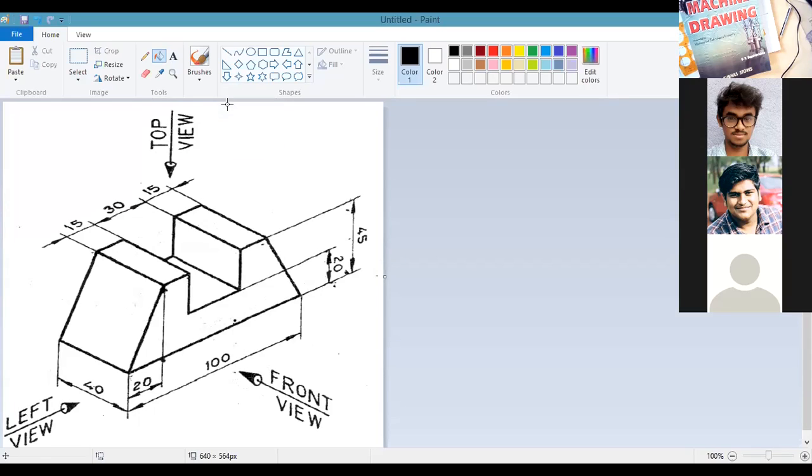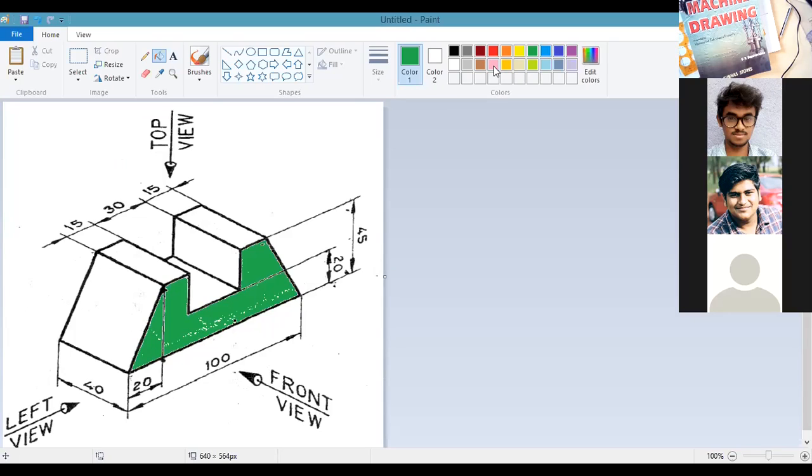Okay, so for orthographic projection, when the viewing direction is given from the front, you tell me, or I'll just pick a green color and fill this color wherever the front view is obtained. See, are you able to identify this is the plane that is seen when the object is seen from the front? Whenever I see the object from the front, only this plane is seen. That means the dimension 100 is seen, and you need dimension 15 also, dimension 30 also, here also 15, and height 20 also is necessary.